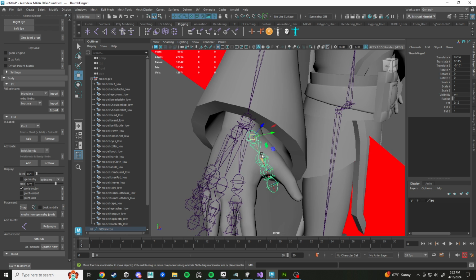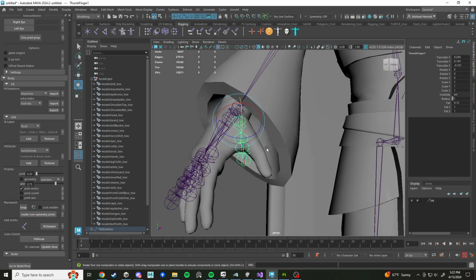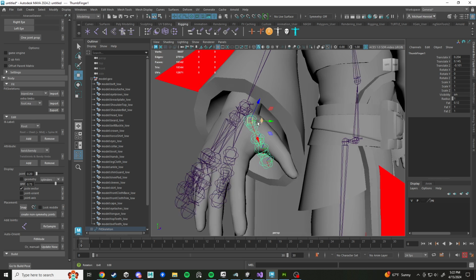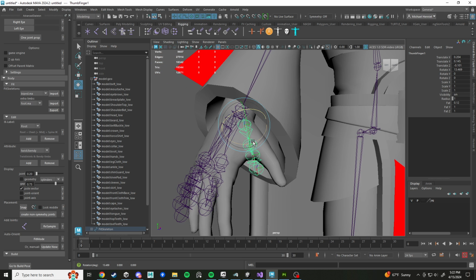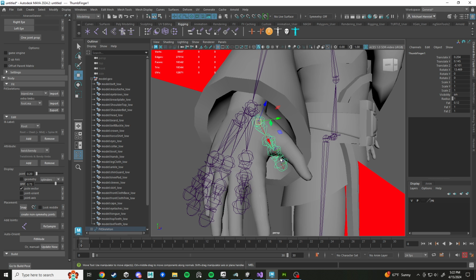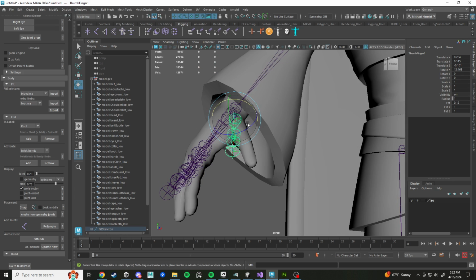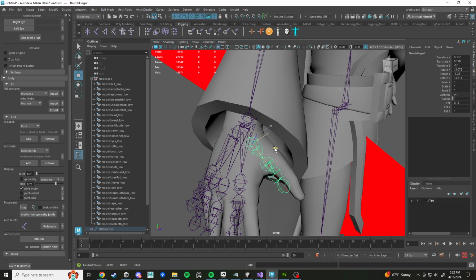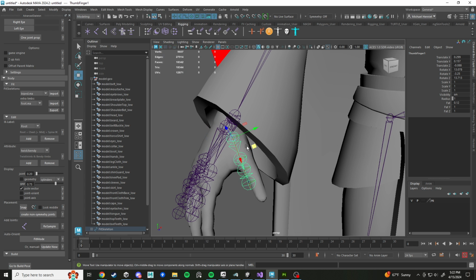Next up, the hand. So I usually try to make sure you're in, I'm gonna hold W, hold left click, make sure you're in object mode. And I always try to get the thumb to be aligned with the rotation of the model's thumb right there, you see? So this base thumb joint right there, keep that where if you move your own hand in real life, observe the pivot point in real life. You know, I wish I had a hand cam that I could show you there, but